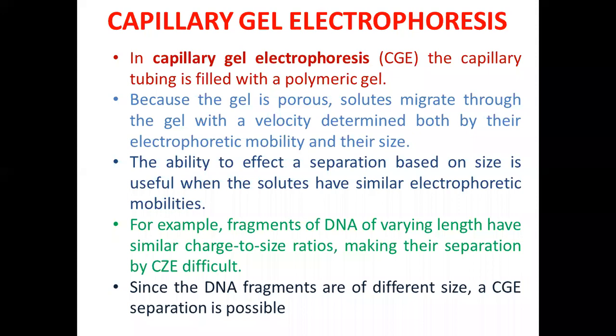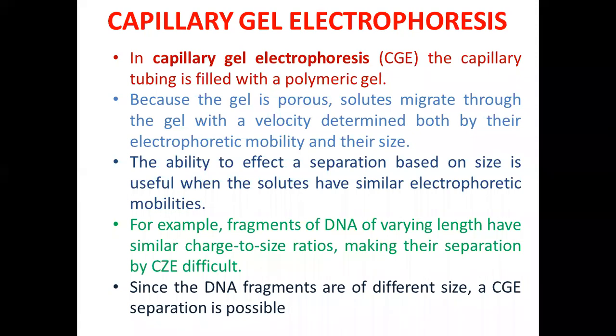In between these two, intermediately sized solutes are going to be eluted. So this will be seen in capillary gel electrophoresis. Into the capillary, the gel is going to be immobilized. Buffer will be acting like a mobile phase. So electroosmotic flow will be initiated. The movement of the solutes is in respect to their electrophoretic mobility based on the size.